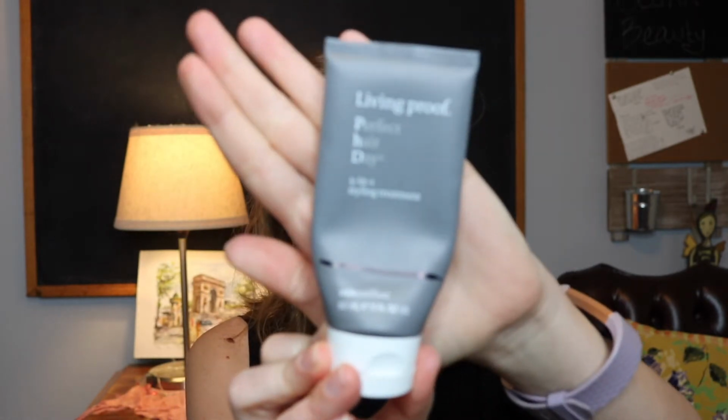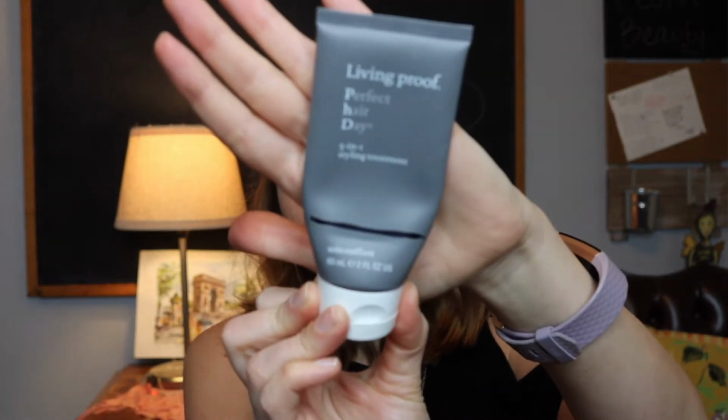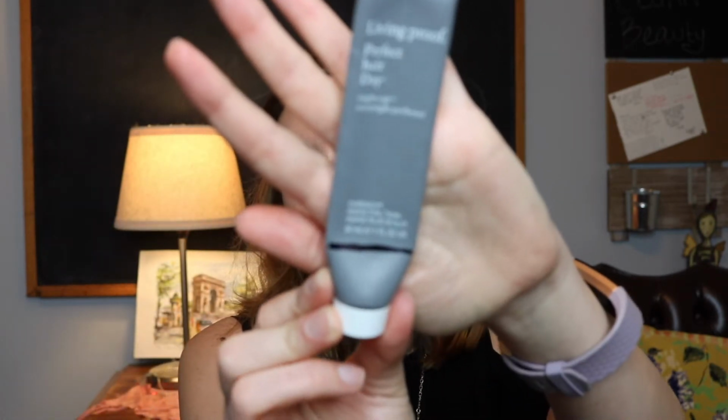So I'm saying I'm right here. But like I said, I'll probably use it up in the next couple of weeks. But I really would like to move it on and use up my other styling products. And then the Living Proof Perfect Hair Day Nightcap Overnight Perfector. I don't use a lot of this because I'm afraid it's really going to weigh down my hair. That's why it's taking me so long to use this up. I probably only have 1 or 2 more uses, but I only use it maybe once a week, when I wash my hair at night. So I am down there,